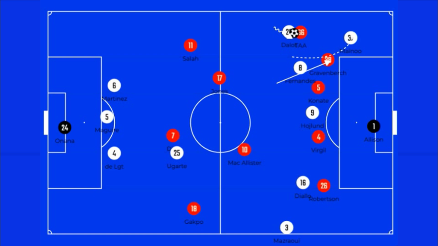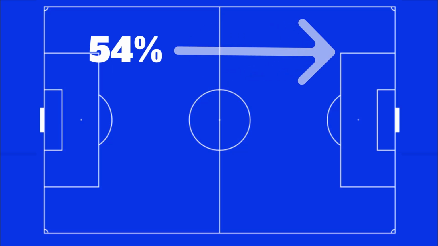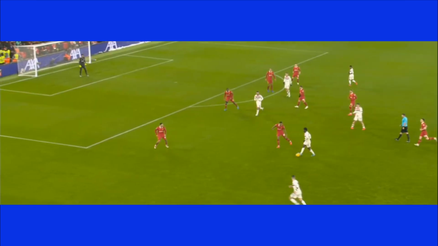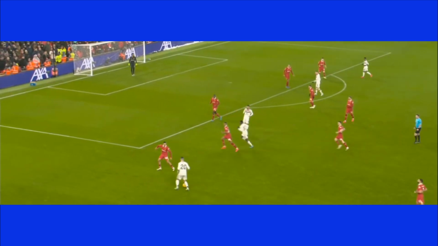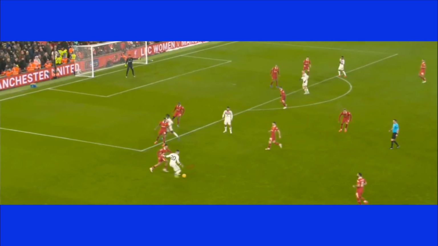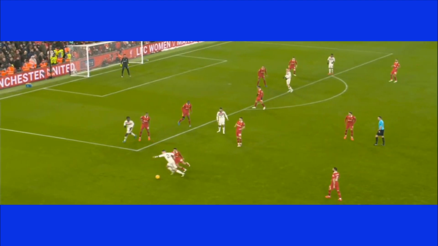The left was United's most used attacking zone, with 54% coming from that side. Dalot advances down the left, taking Alexander-Arnold with him, opening up space for Mainu to move into the back line. This created a moment where a pass into Fernandes could have seen United create more centrally, but this pass was